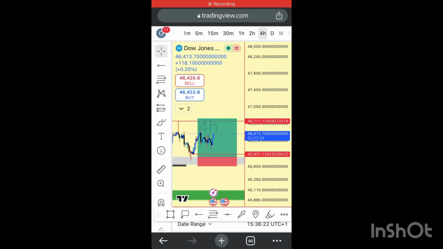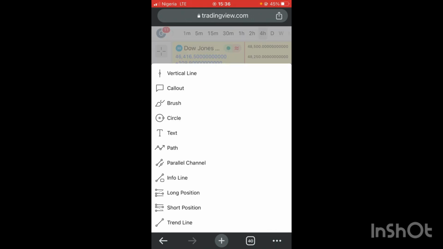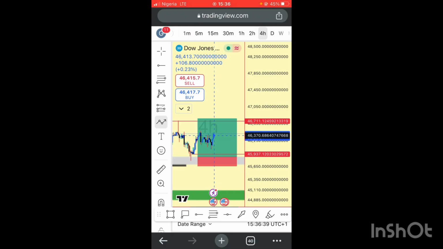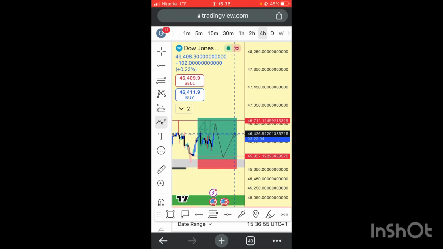Currently, I'm making some money right there. Guys, this is the update on my setup here on US 30. As you can see, I've not gotten an entry. But like I told you guys, I'm only going to change my bias if the market is able to break above here, then I can start looking for another buy. But while it's still in this zone, I still believe that I can easily come down here before buying to the upside.